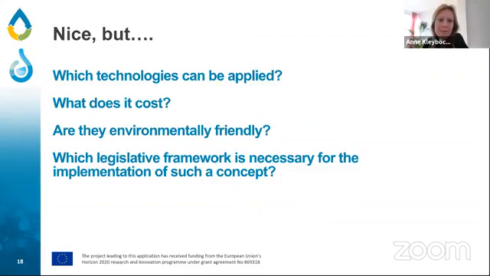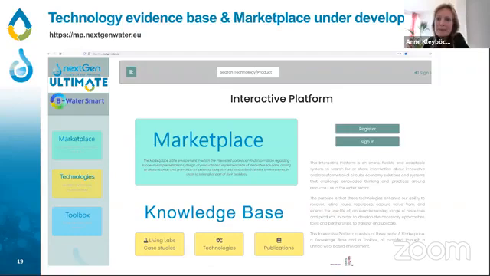So now you might think, yes, that's also nice, but which technologies can I apply? What does it cost? Are they environmentally friendly? And which legislative framework is necessary for the implementation of such a concept? And to answer all your questions, we are currently setting up a technology evidence base and a marketplace in our